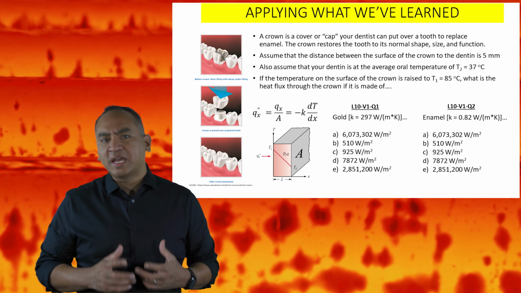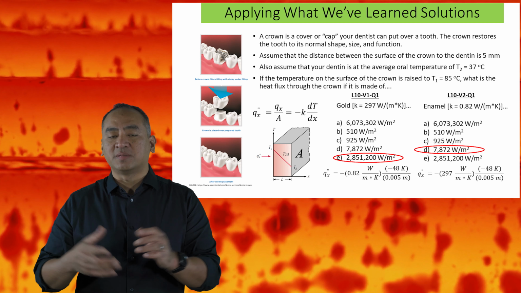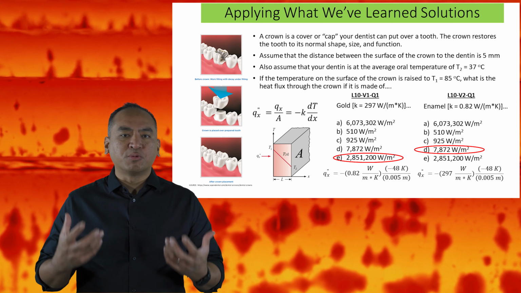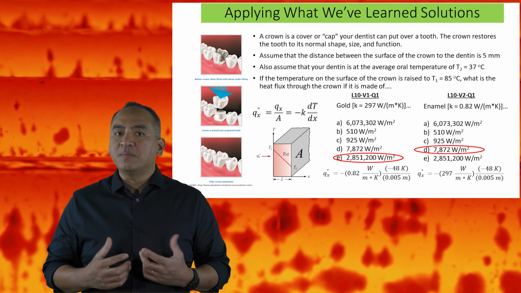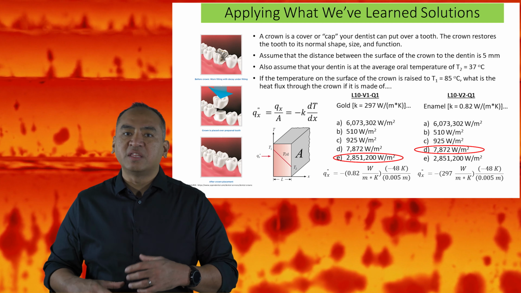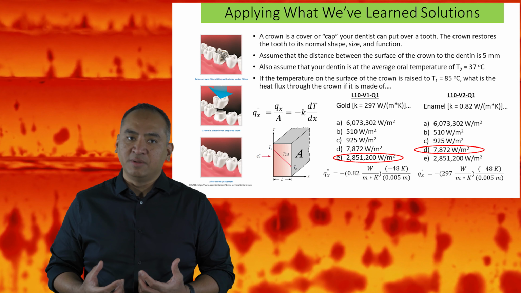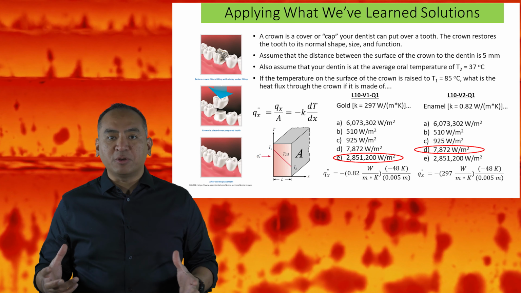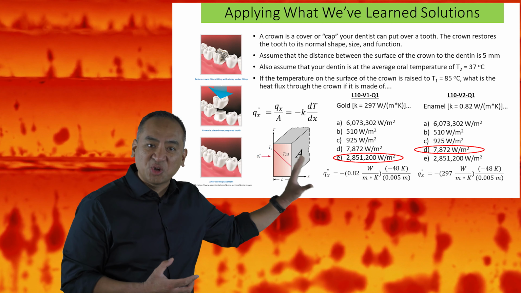If we take a look at Fourier's law, we already know K for each of the materials being considered here. We now need to determine the derivative of T with respect to X in this case. We are assuming steady state heat transfer with no internal energy generation and uniform properties in the material. Therefore, if we take a look at the temperature versus position graph shown here, we just need to determine its